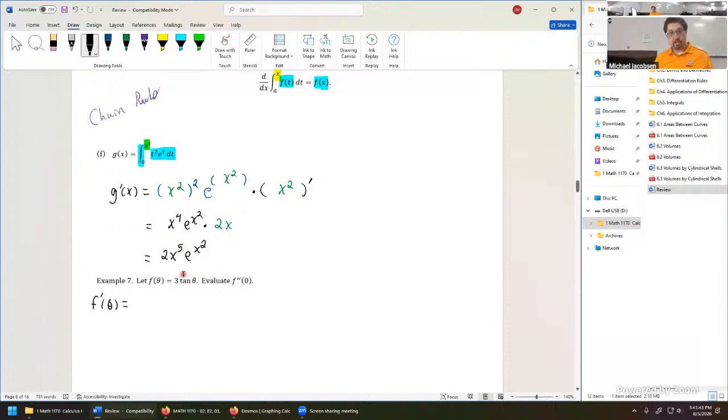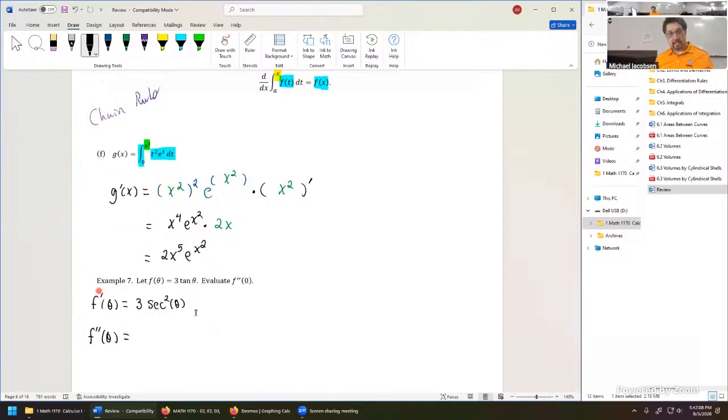So back to this function, if we differentiate tangent theta, we get secant squared theta. So this just turns into 3 secant squared theta with the constant multiple rule. That's the end result on this one. So far so good. Now we just move on to the second derivative, f double prime